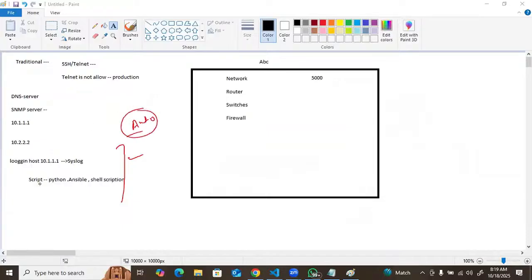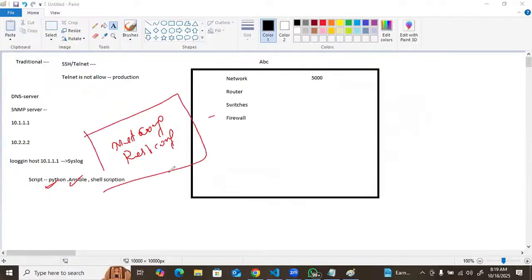So in our syllabus, once you are going to configure, I will cover the Python and Ansible. Apart from that, I will cover NETCONF, I will cover RESTCONF, so that you'll get the idea how the REST API is working, right? How the automation tools are working, like SD-WAN and SD access, how these devices are working. Catalyst Center, how it's going to connect to the network equipment in the backend. Got it? So all those things you'll be getting here.